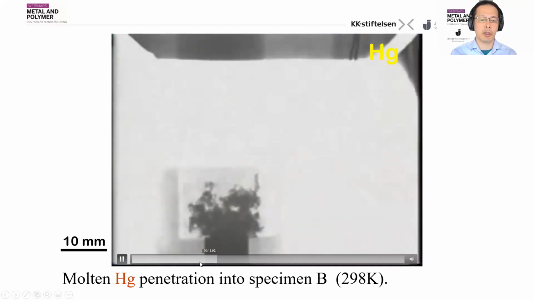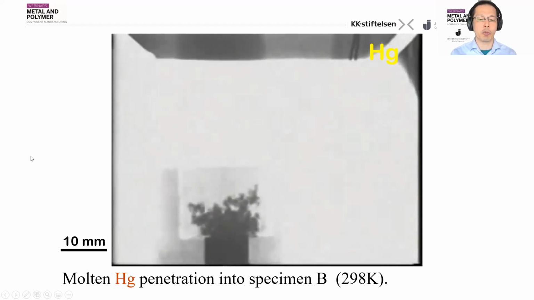Here, for example, there is a cylindrical shaped refractory porous sample. And here is the bulk part of the metal, mercury. And here is the interface between molten metal and porous media. And this part is the penetrated molten mercury. So we'll see how it's penetrated into the porous media. So like this. You see,